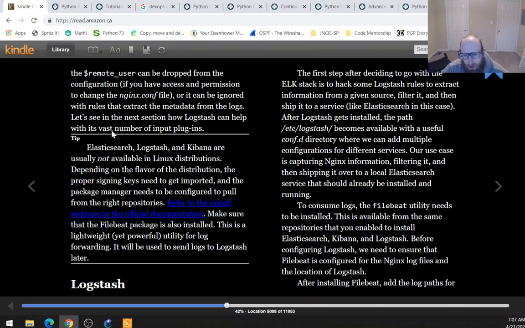Alright, this section is on Logstash. The first step after deciding to go with the Elk Stack,